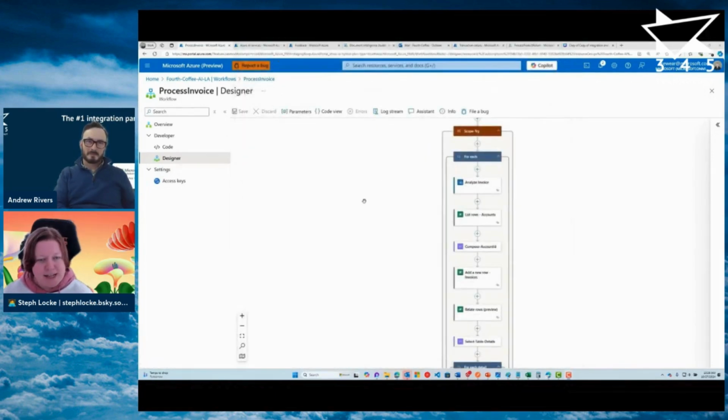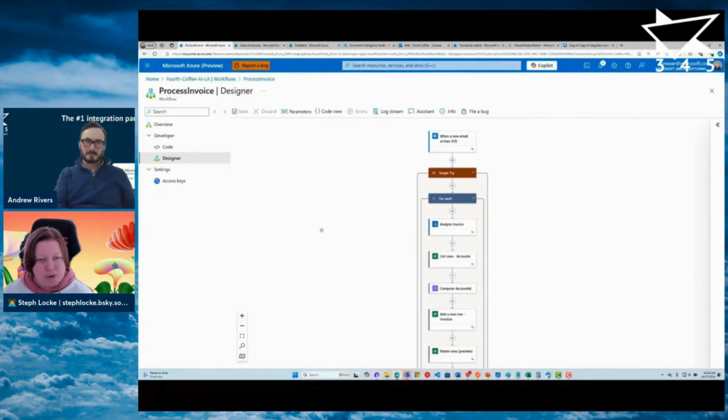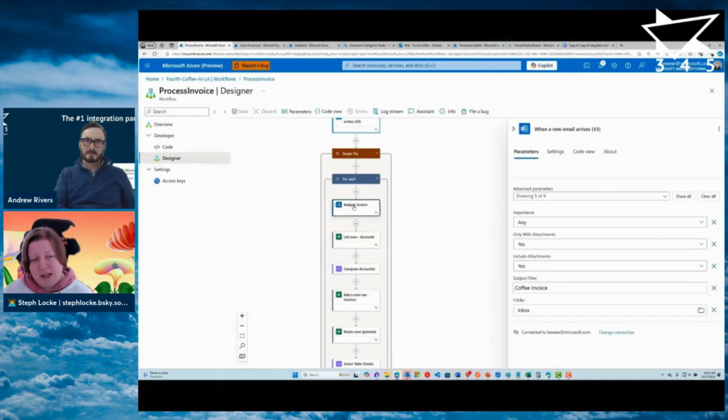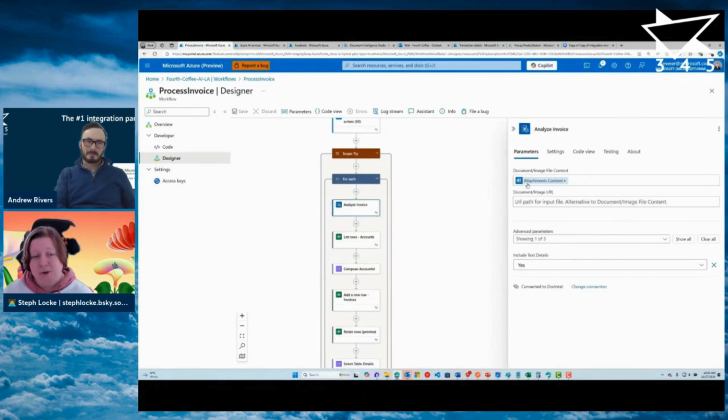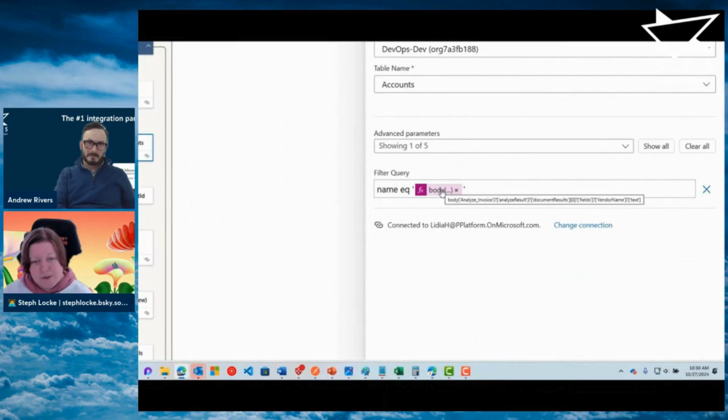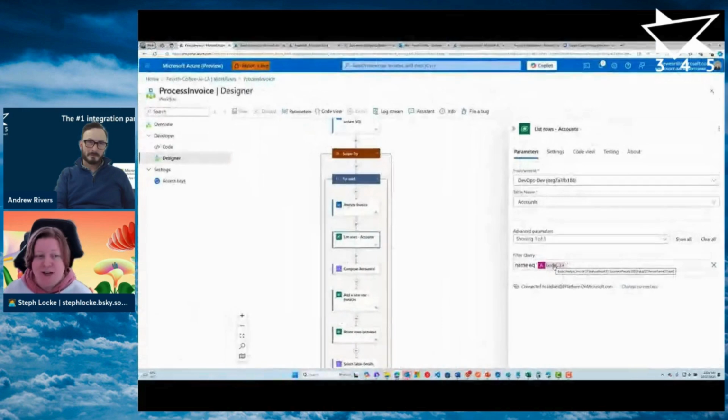So when that gets sent, our process is going to receive the email. It's going to check the ones for attachments, and then it's going to loop through each attachment and analyze the invoice with document intelligence. It's going to extract information from that document intelligence response. So again, another API interaction. It's going to help,